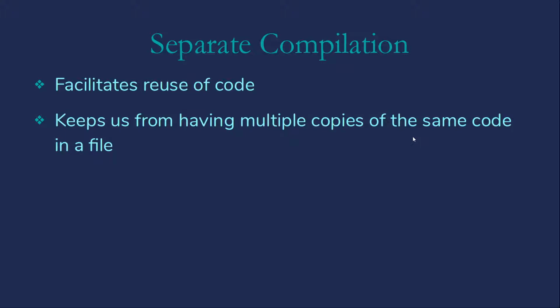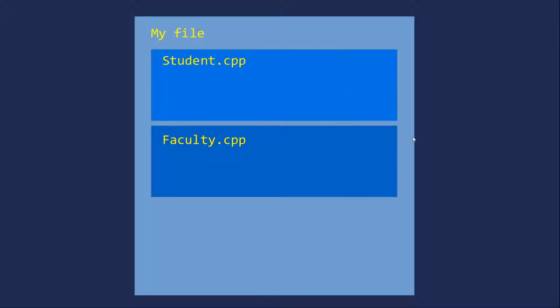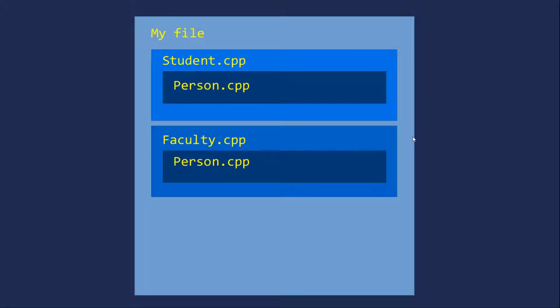Now that may sound a little far-fetched, but consider this scenario. Suppose I am just using CPP files, and I have a student class and a faculty class that both inherit from a person class. So my program file is going to include student.cpp and faculty.cpp. So far, so good. But each of them includes the person.cpp. And right here, we have an error if there are any actual implementations of methods or declarations of static variables